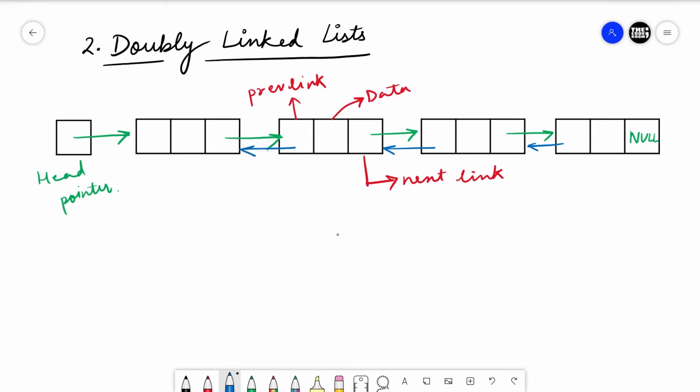But again, when we jump back to the head node, we see that we have stored null in the previous link part of the head node because there is no other node prior to the head node whose address can be stored here. As we see that null is stored in the previous link part of this node, we stop here. So in doubly linked list, we have seen that reverse traversal is possible.